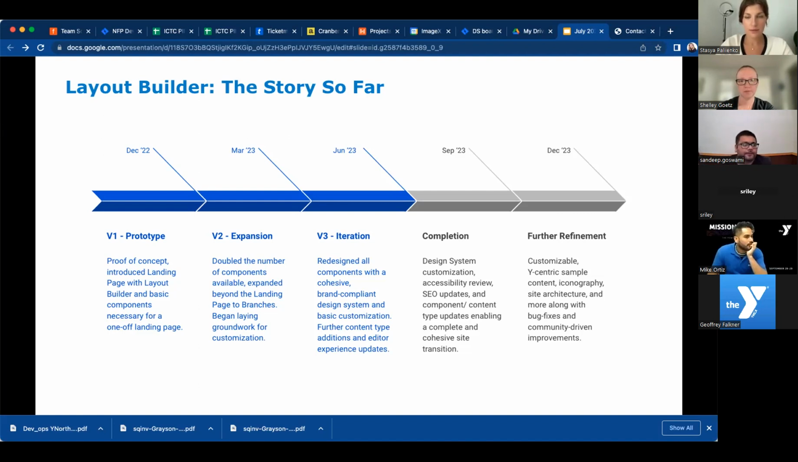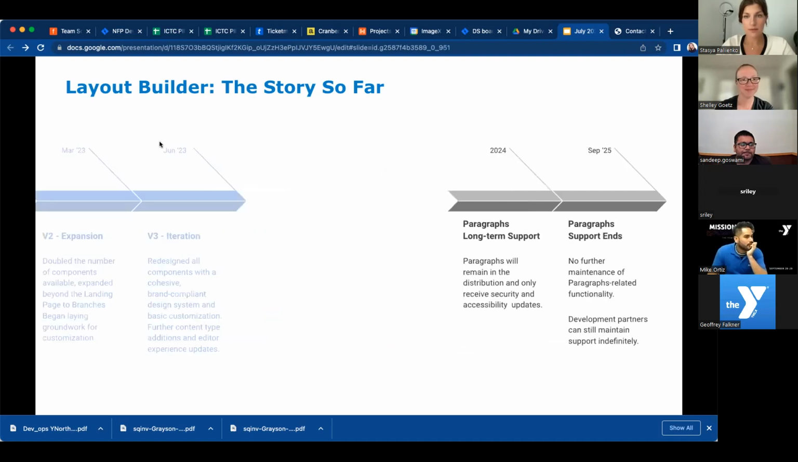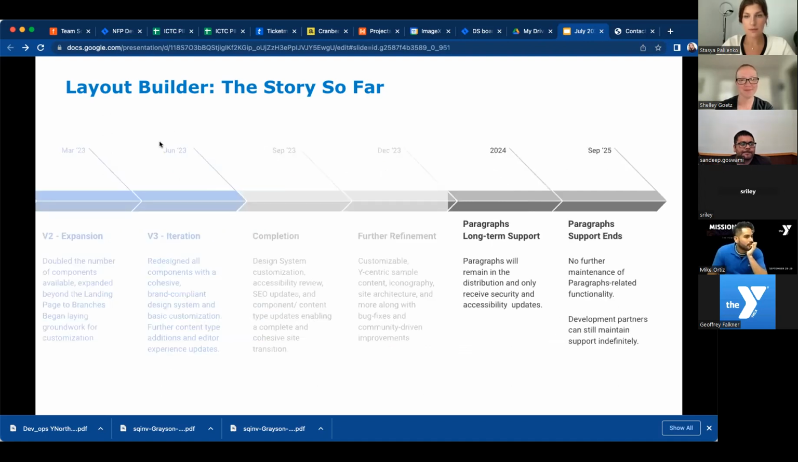So for a lot of that work, we're looking for you all to give us feedback on what you've seen in the last year and help us make it better. Next slide. Cool. So moving the timeline forward then,